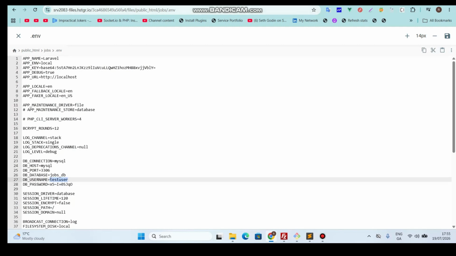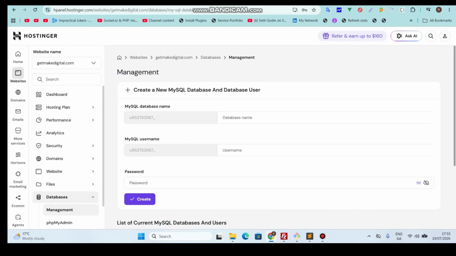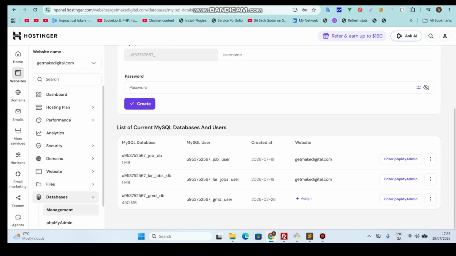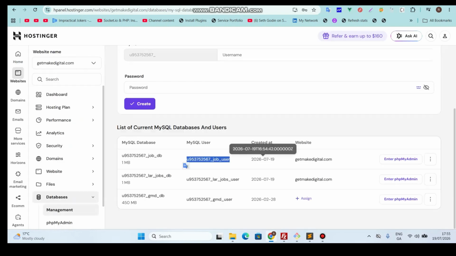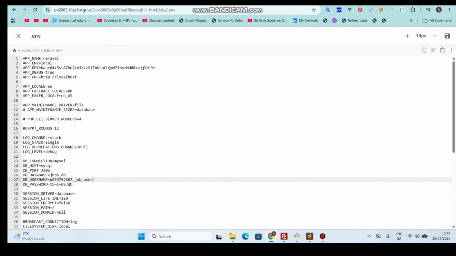My username will be here, so let me copy this database user that I created and put it over here. Then I'm going to copy the database name and put it in here. So I have set this up. Now if I reload,